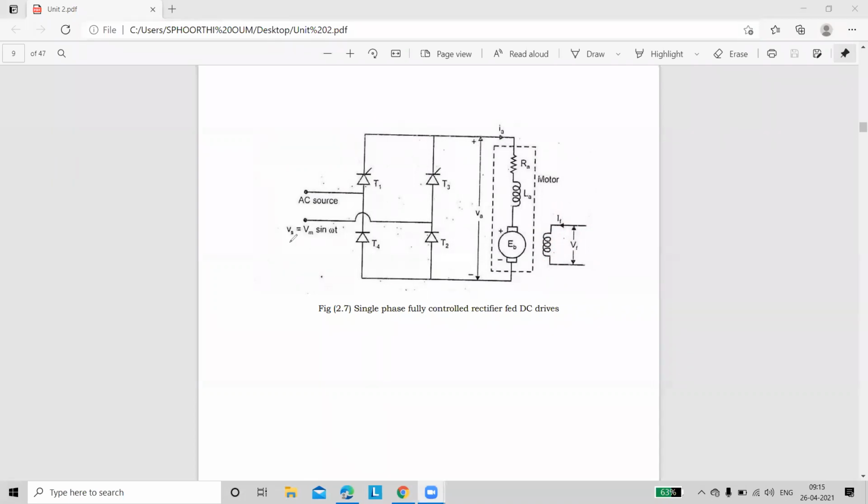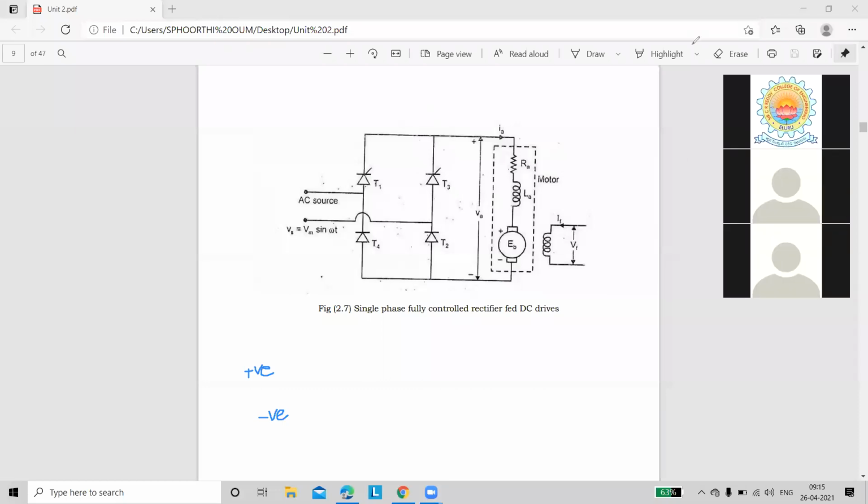Next, you have to explain the circuit operation. What does that operation mean? During the positive half cycle of the supply voltage, here I am separating polarities. During the positive half cycle of the supply voltage, what happens? Which thyristors are going to operate and which thyristors are not conducting, in both the positive and negative half cycles. During the positive half cycle, the time period is, can anyone please respond? What is the time period of the positive half cycle?